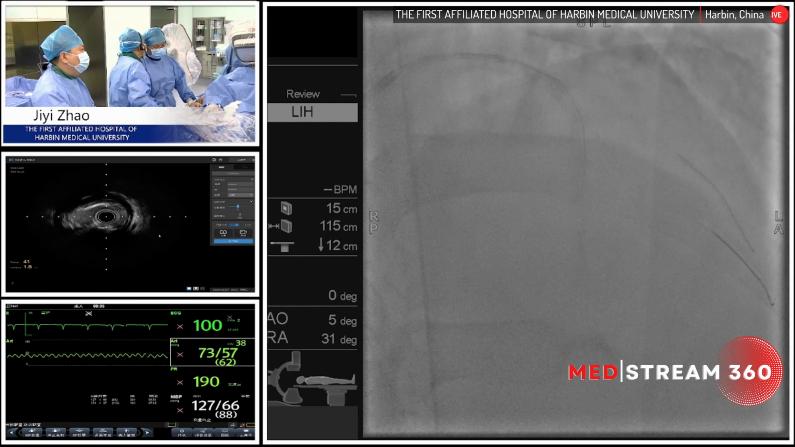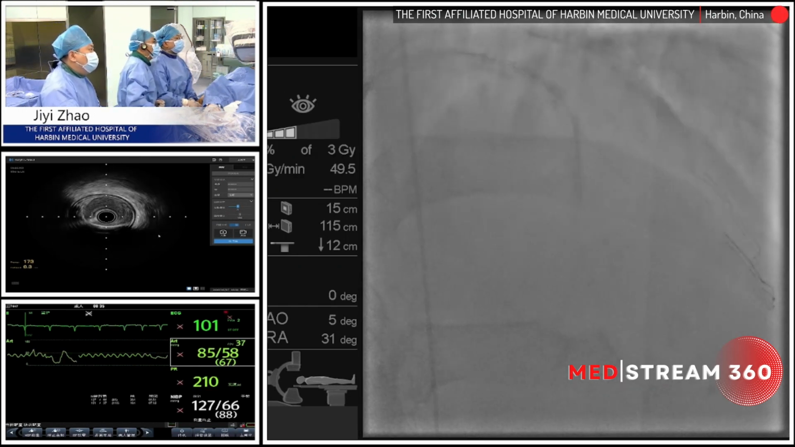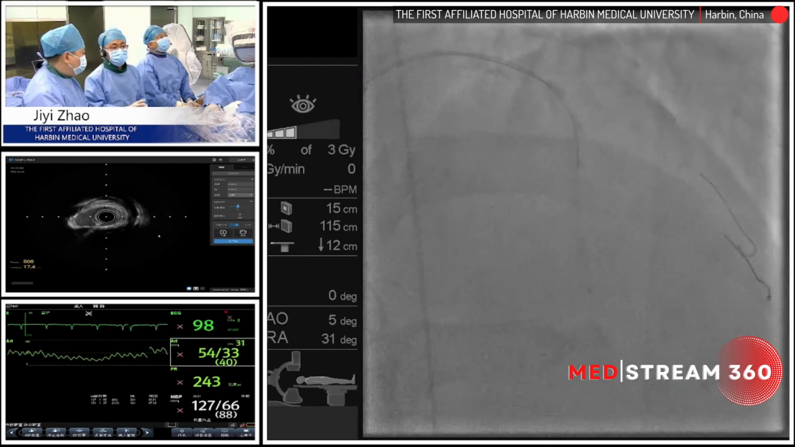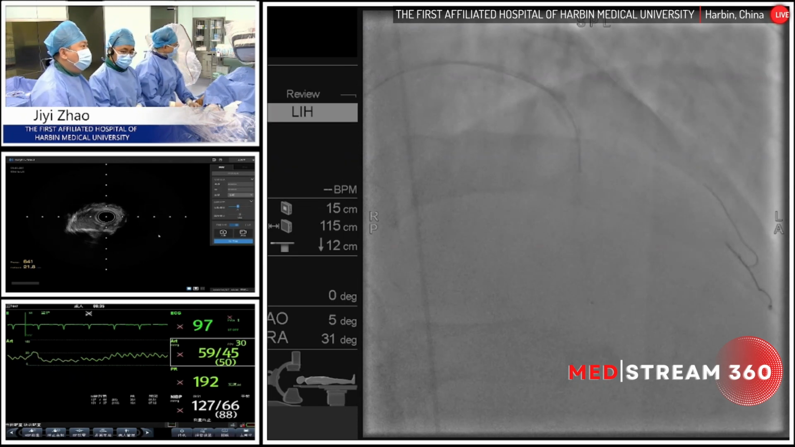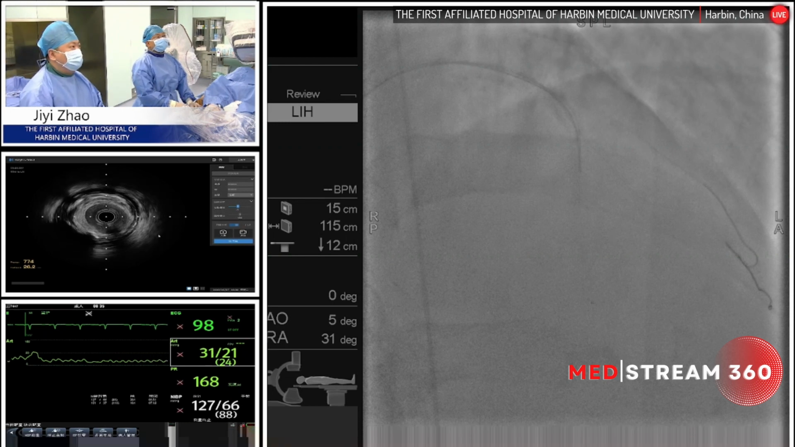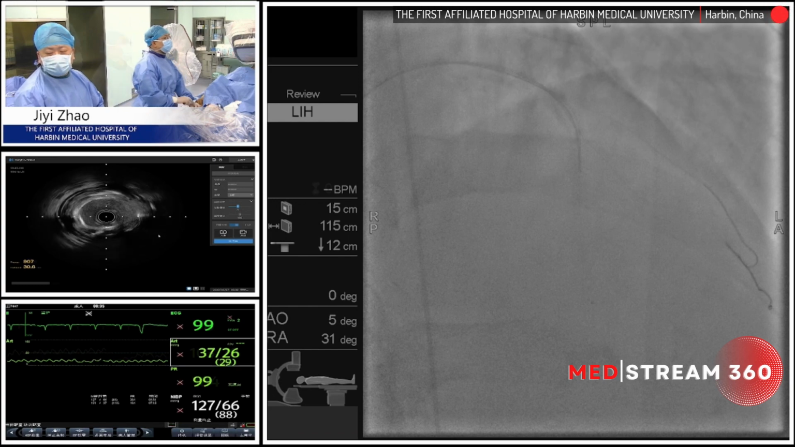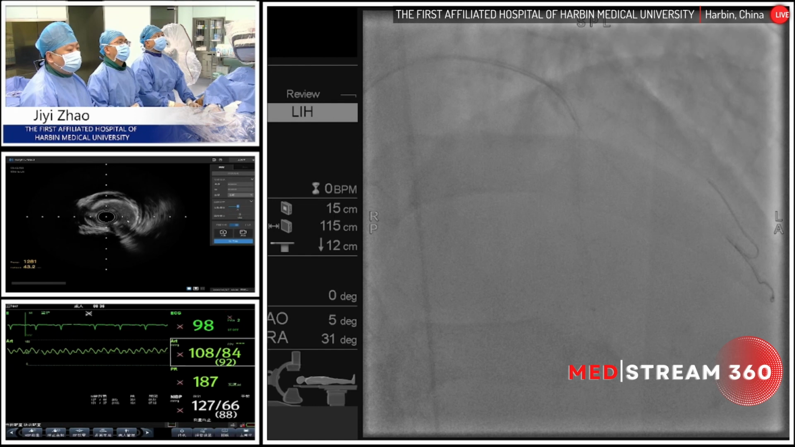Okay, we are making the third IVUS run to check the plaque situation after the plaque modification using a 3.0 balloon. Still we can see a lot of very diffuse lesion in the distal part of the LAD. However, this is not our target lesion. Okay, we can see some very controlled intima dissection after the balloon dilation. I think this is also a good prognosis for